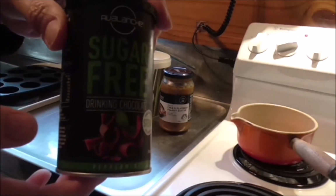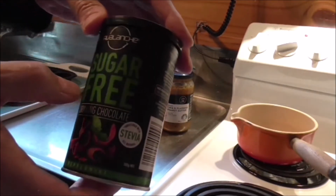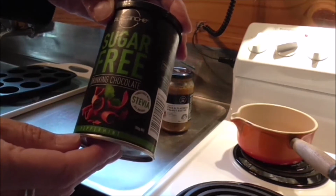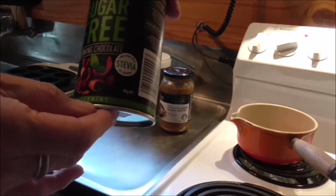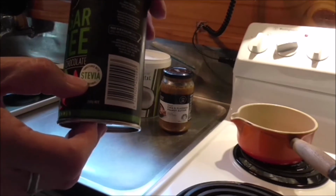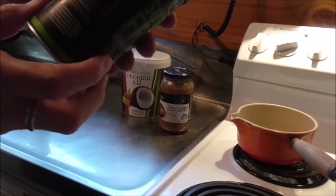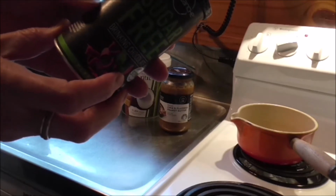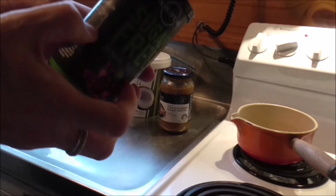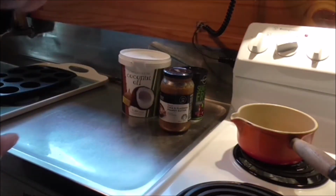Can you see that? It's labelled sugar-free drinking chocolate, and it's the peppermint variety. The peppermint gives it a nice taste. What it is actually sweetened with, it says stevia here. And again, looking on the back at the numbers, carbohydrate is 4.2, so that's not too bad. And then I'll top it with